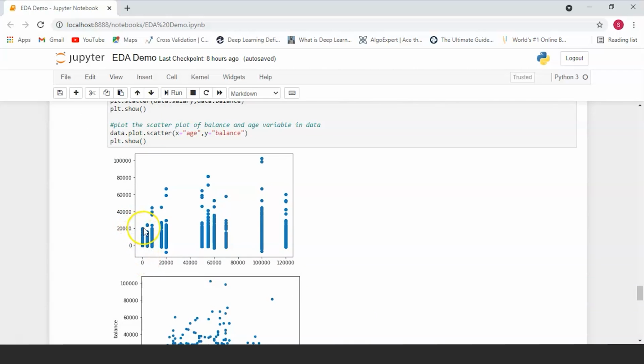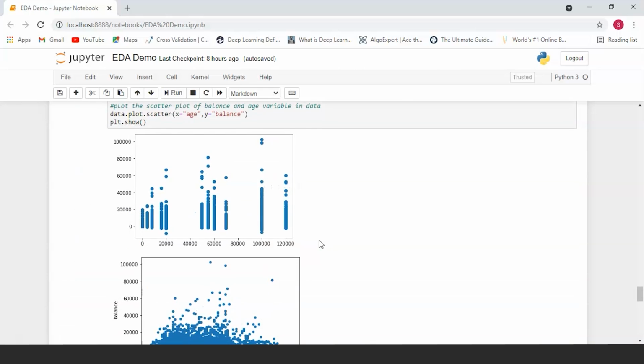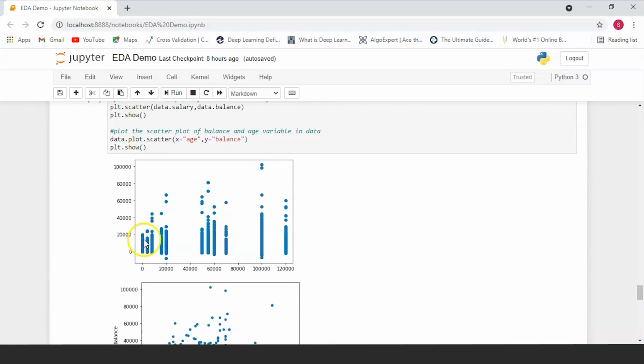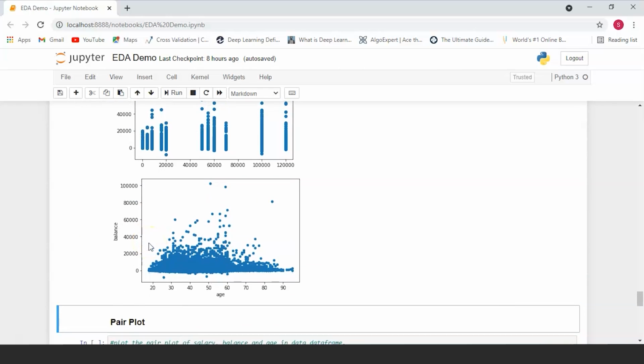So you can deduce that they use almost their entire salary for their cost of living expenses. This is also a very good way of finding out what the cost of living might be in the city that we're looking at. If this data has been collected from one city, then we know that the cost of living in the city for a single person is somewhere around 20,000.